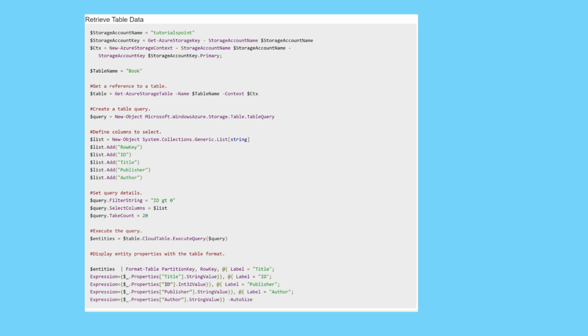-StorageAccountName $storageAccountName, $ctx = New-AzStorageContext $storageAccountName $storageAccountKey.Primary, $tableName = "book", $table = Get-AzStorageTable -Name $tableName -Context $ctx -ErrorAction Ignore. Add multiple entities to a table: Add-Entity -Table $table -PartitionKey PARTITION1 -RowKey ROW1 -Title .NET -Id 1 -Publisher